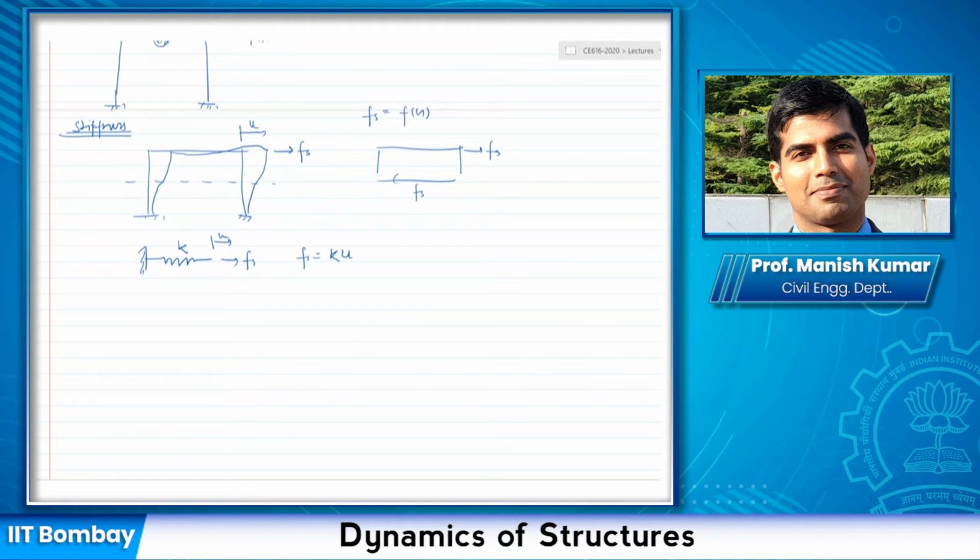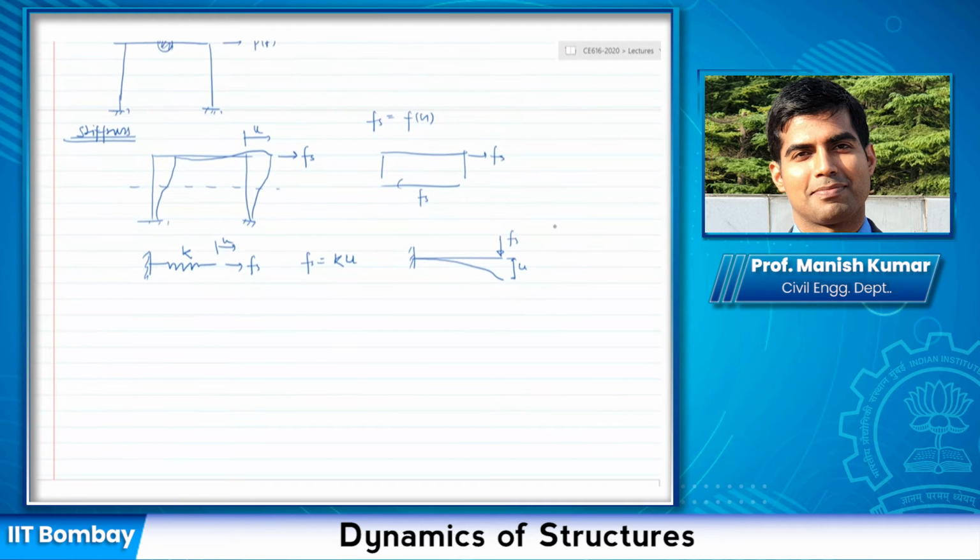Before going into that, let me take an example of a cantilever beam here. Okay, so I have a beam on which a force is applied at this end, which is, let us say, Fs, and then I'm representing the deformed position through this U here. So I want to find out the relationship between Fs and U. Okay, before going into the frame structure, can anybody tell me what is the relationship between Fs and U, from your structural analysis course? I hope you remember these are very simple relationships, right?